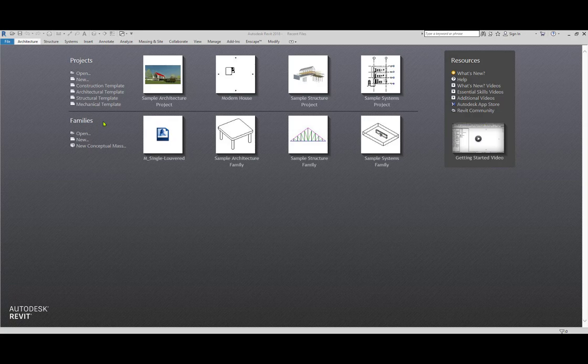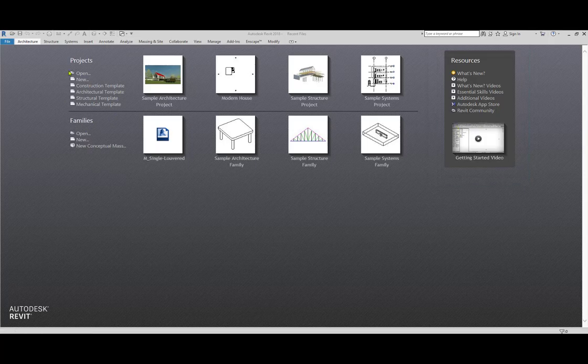Next after that we have the Revit 2018 version we are using now, and after that you will get the information toolbar. If you are connected to Wi-Fi or internet you can get the help of the Autodesk videos and then you can update yourself. Then here we have the projects option and then families, which I already told you.